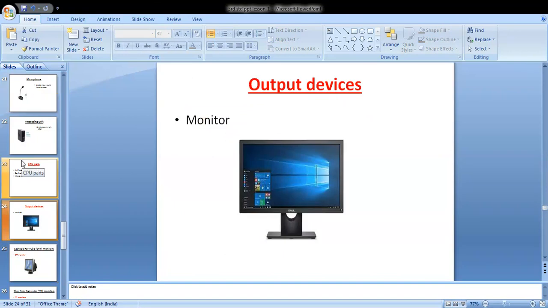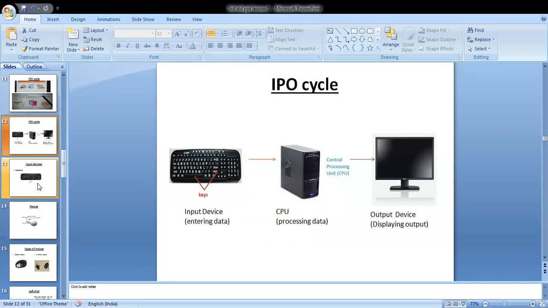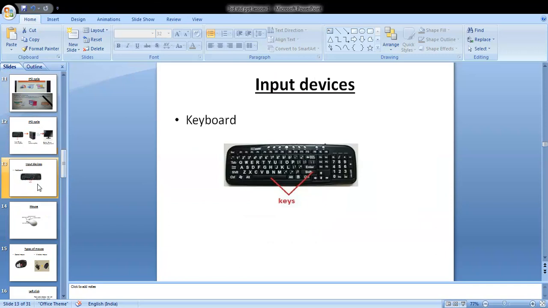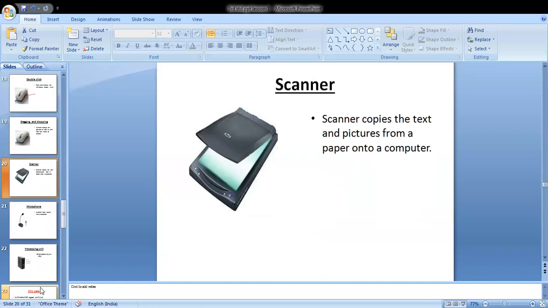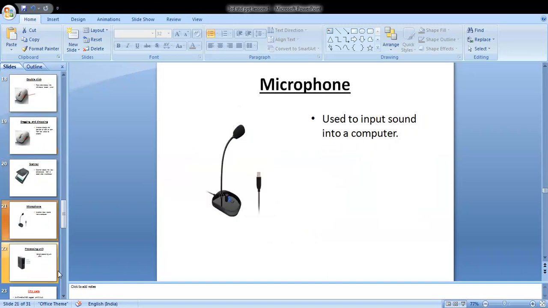Okay, so next we study about output devices. In last class, we studied about input devices. Which are input devices we studied? Keyboard, mouse, scanner and microphone.